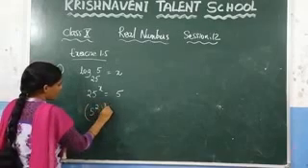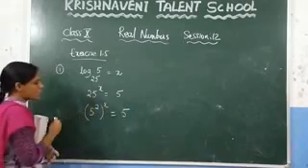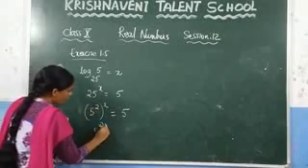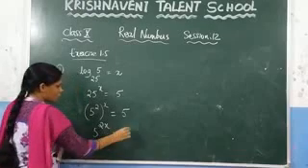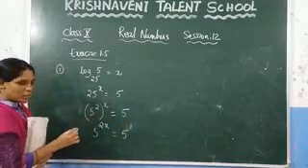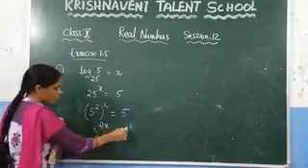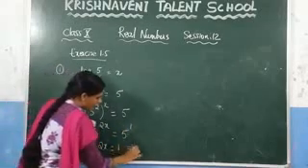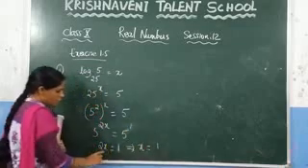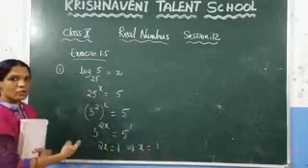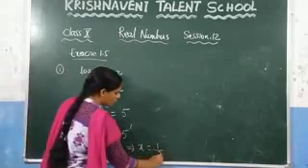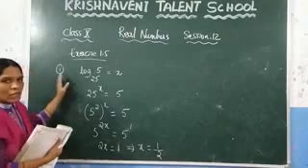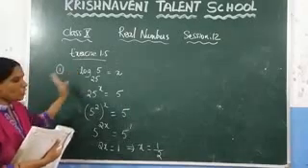5 square power x is equal to 5. It is in the form of a power m whole power n. This one you can write as a power m into n, which is 5 power 2x. Since here the bases are equal, you can equate the powers. You will get 2x is equal to 1. So what is the value of x here? Since we are multiplying these two values, if you go to the right side, it will become division. You will get 1 by 2. Like this, you need to find the value of x you have been given in the form of the logarithms.